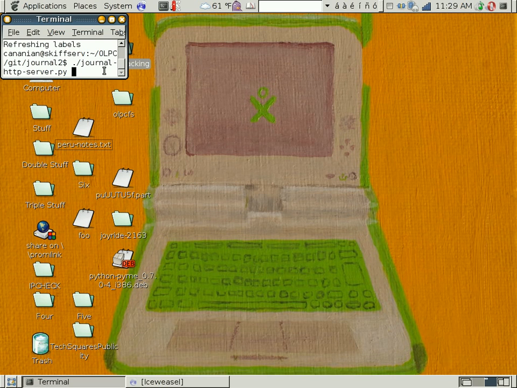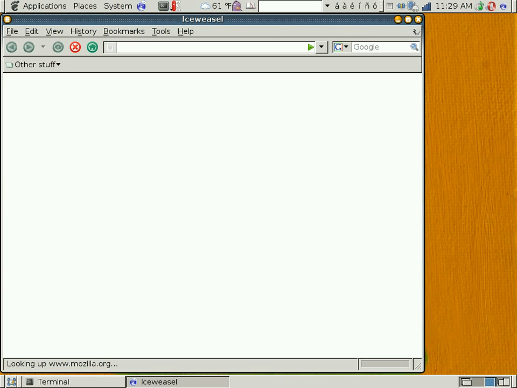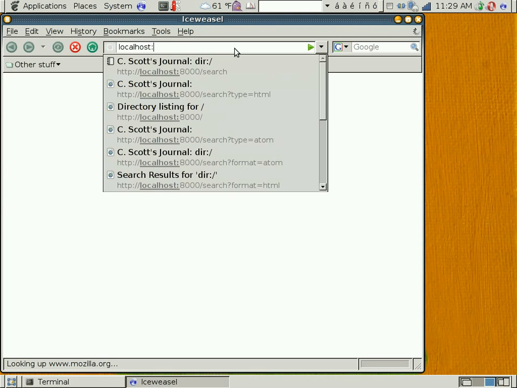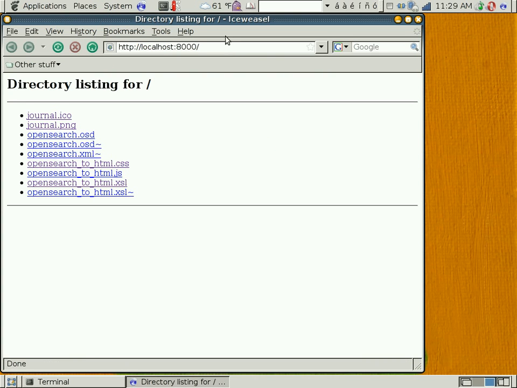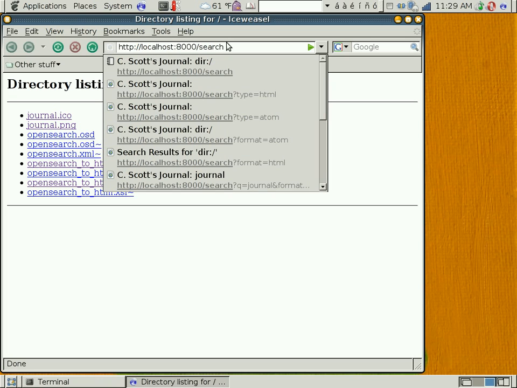Okay, so now we're going to look at something which is mostly faceless. One new way to look at the journal. Oh look, Firefox is giving it away. We can